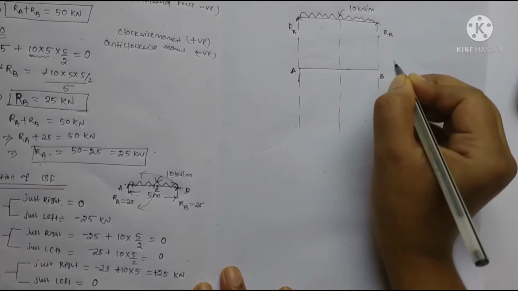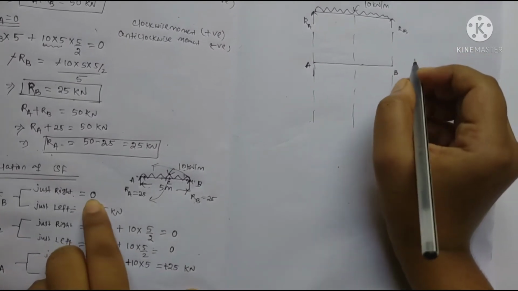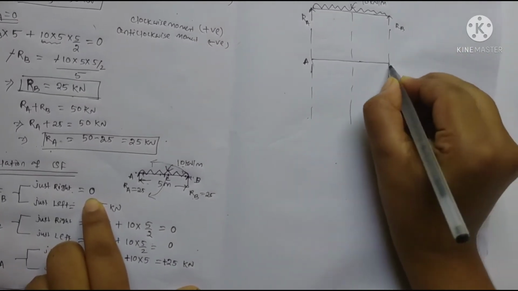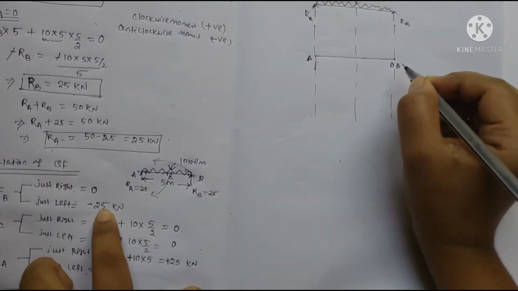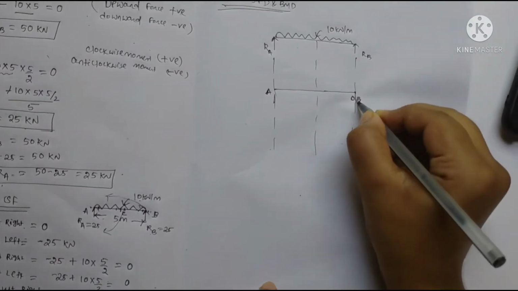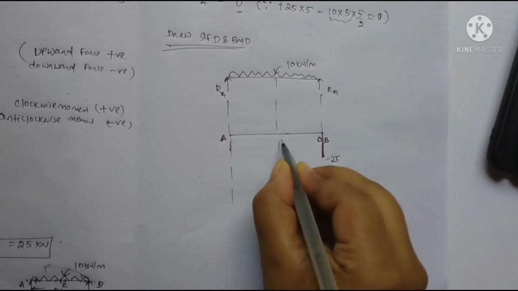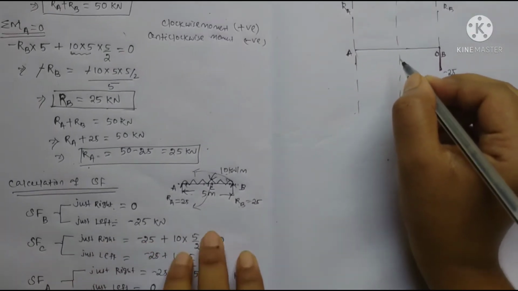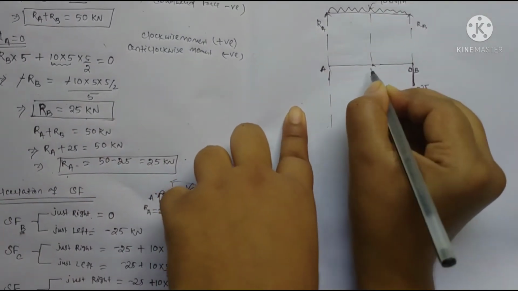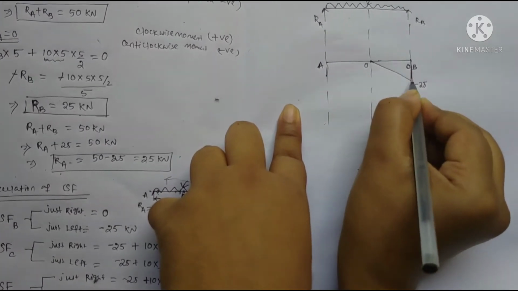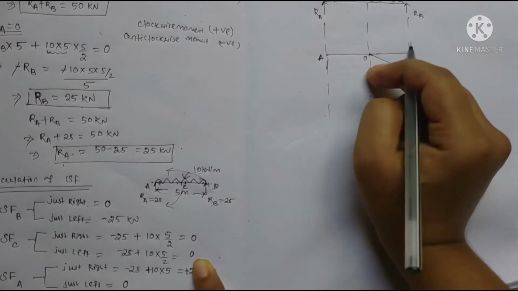At point B, just right, it will be 0. So we start at that point, that will be 0. Then at point B the force will be minus 25 kilonewton. So it will be downward, that is negative, minus 25 kilonewton. At point C the force will be 0. So we just join that point. This value is 0. Just join that point to this value and write it also as 0.